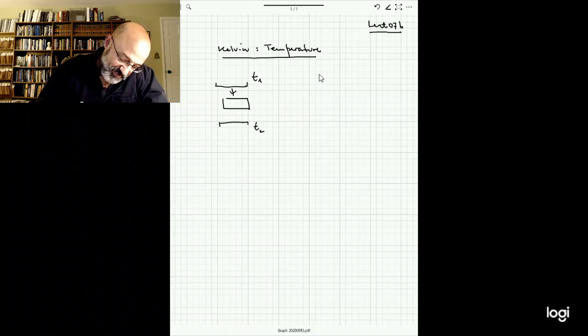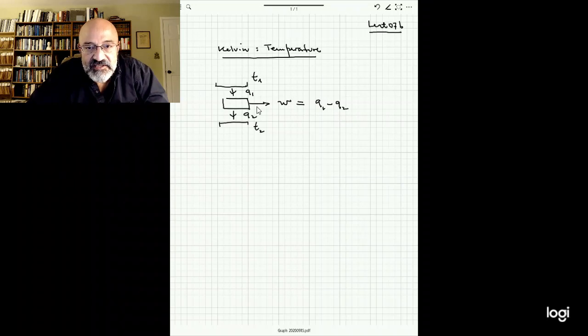You have heat Q1 here and heat Q2 being discharged to the low reservoir. The amount of heat that comes out is the difference between the two. Now notice that these T's that appear here, this is just hot, this is cold. What this number is essentially